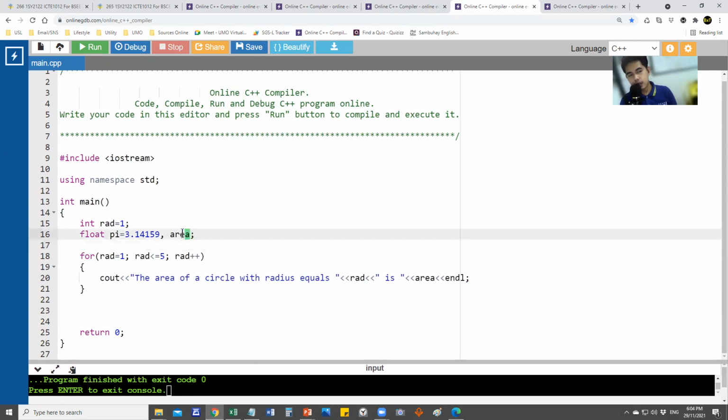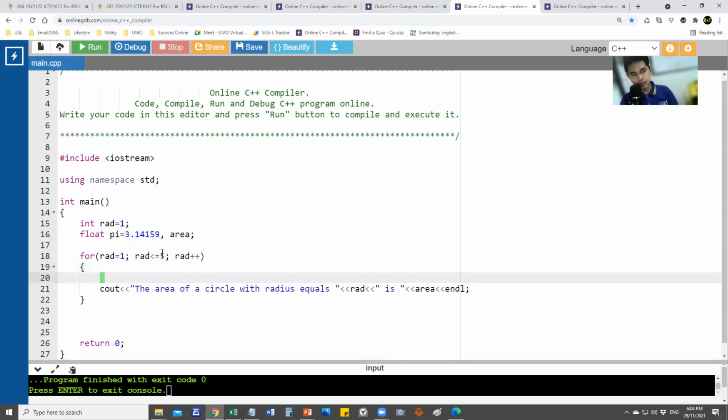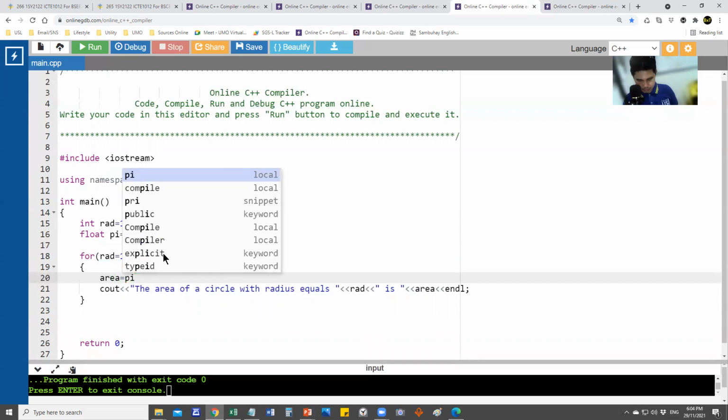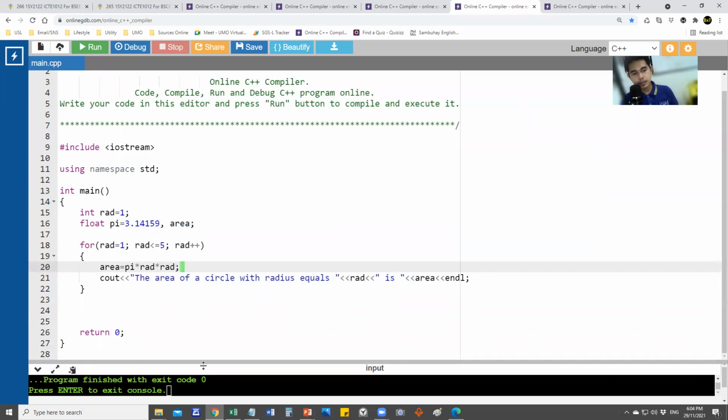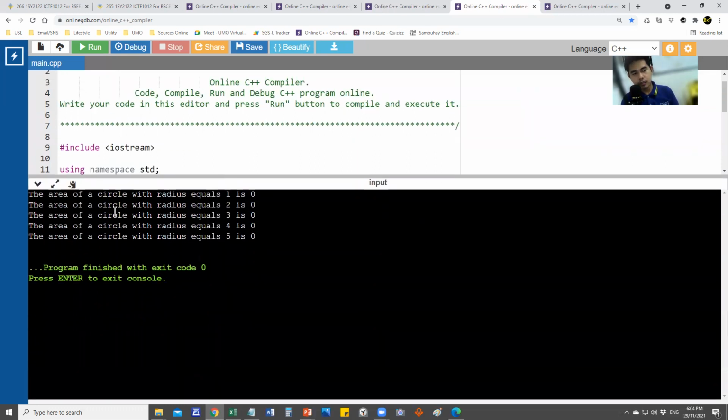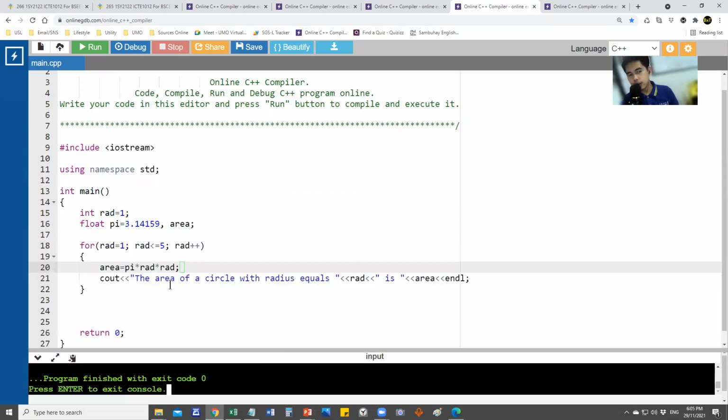So, dapat yung area natin nalagay dito sa ating area equals pi times rad times rad. Bakit? Ano nangyari? Mapapansin yung output. Yan. The area of a circle with radius equals 1, 0, 0, 0, 0. Kasi nga yung formula kanina ng area hindi nakalagay dito. So dapat yung formula natin nakalagay dito